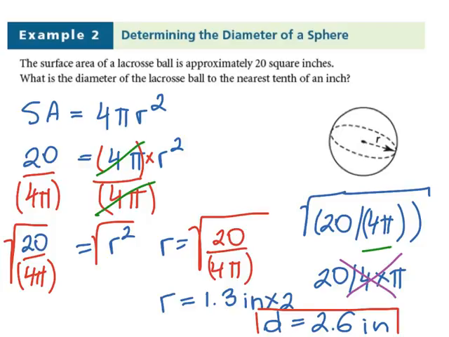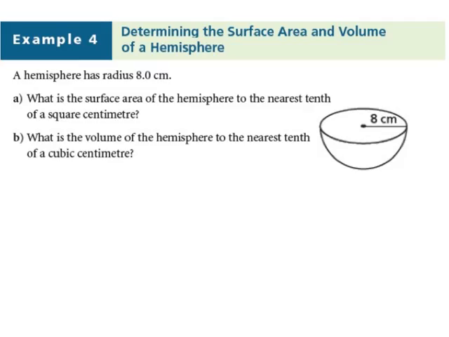Let's do our last question, example 4. A hemisphere has a radius of 8 centimeters. What is the surface area of the hemisphere to the nearest tenth of a square centimeter? And then, what is the volume of the hemisphere to the nearest tenth of a cubic centimeter? Now, a hemisphere, notice the keyword hemi, means half